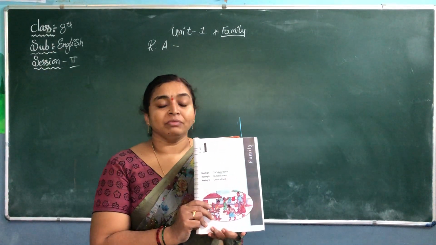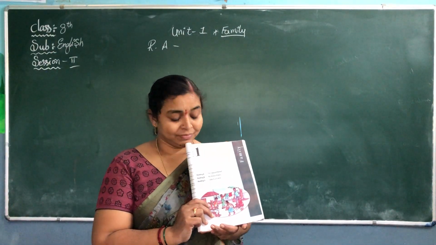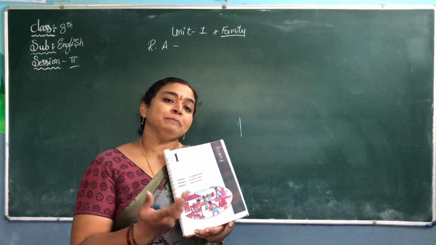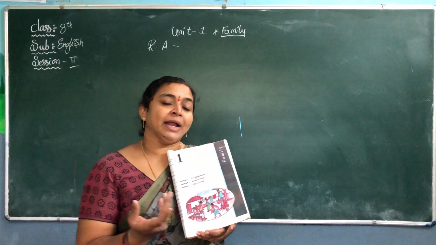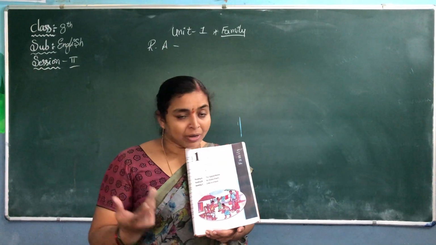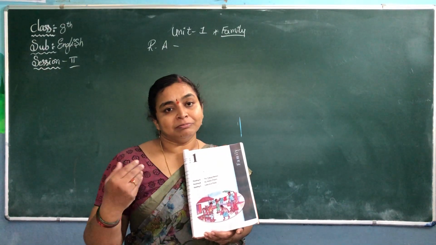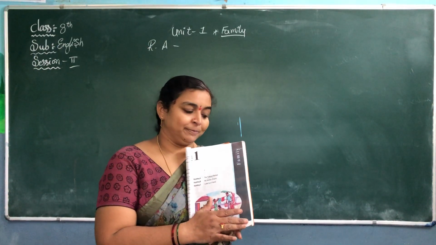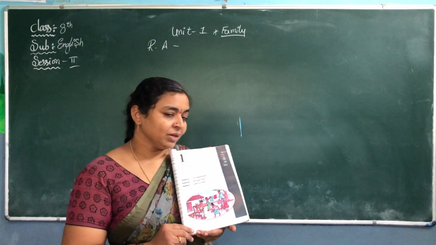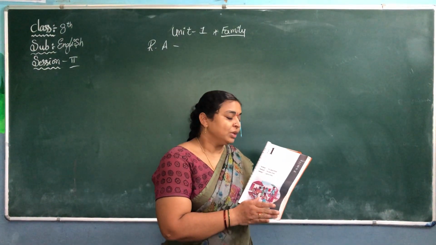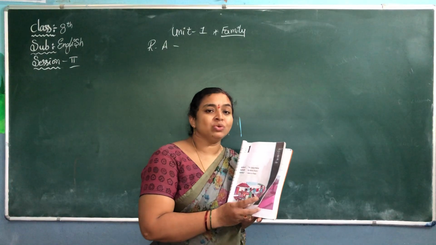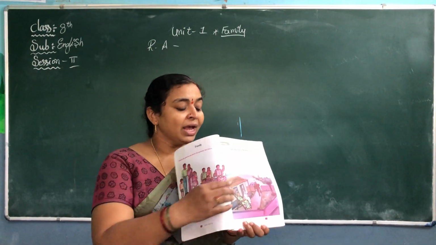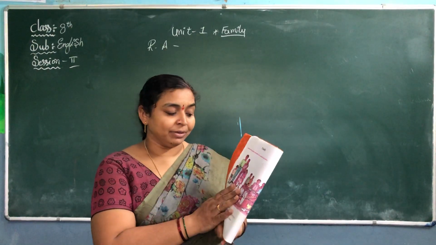So here, family means the total family. Even we have a family. In that family we can see our grandfather, grandmother, our father, mother, and we can see 3 generations in a family. Is it right, children? Are you following? So, based on this theme family, we are going to read a lesson called Family.